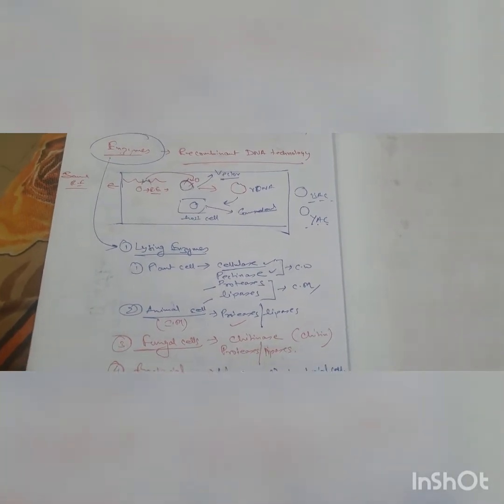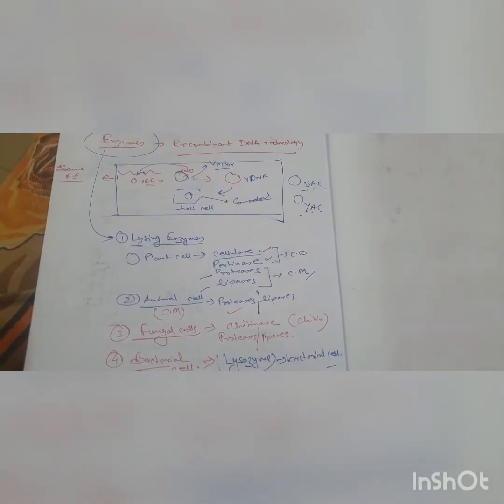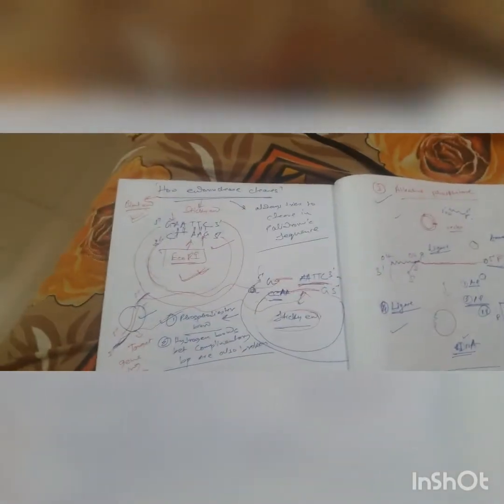But then the details of it, how to insert, how to take, and what is transformation, transduction, conjugation, endonuclease, all these things we understood. Last day we understood about the enzymes that we require in case of various types of cells. Then the details about the endonucleases. We have also understood sticky end and blunt end, or sticky cut or blunt cut. We have understood, if you remember, the naming of the endonucleases. Then we have understood about the vectors, and what should be the properties of a good vector. This everything you will find in your previous class.